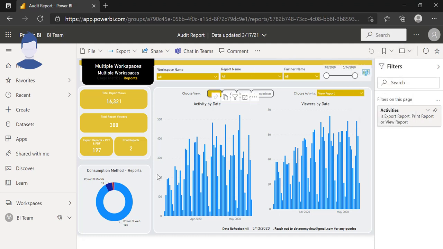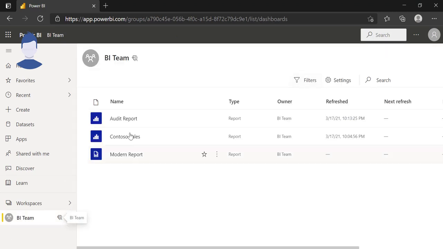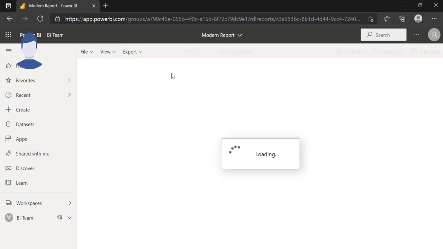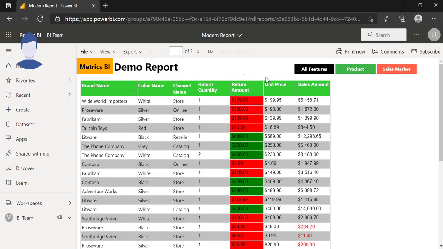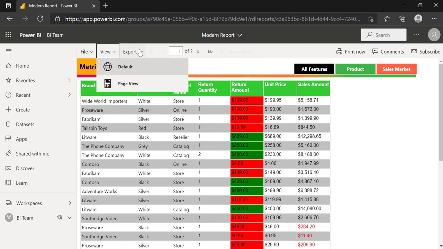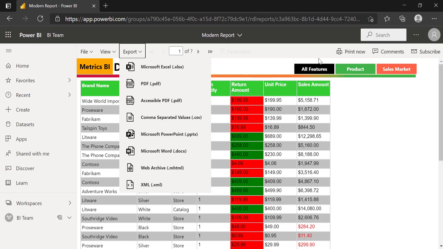Right, so he's okay. And he is also checking whether he is able to access the Power BI paginated report. Since this is Premium Per User, we can host paginated reports. He is supposed to see the report in the browser with viewer access. Okay, so he is able to print and embed, get the link. He can see the view options, export options, everything is fine, and there is no share option, so that's fine.